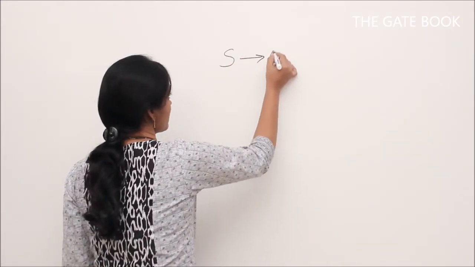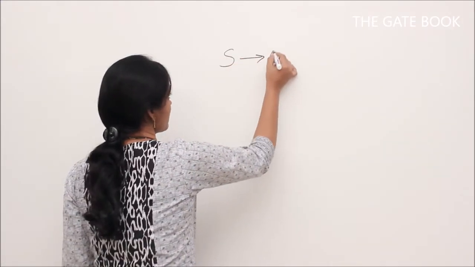First thing is we should add all terminal deriving productions. 0 and 1 are our terminal symbols. So what are all the productions? C derives 0 is one such production, B derives 1 is one such production, and P derives 0 is one production. So these three variables are deriving terminal symbols: C derives 0, B derives 1, P derives 0. Now we should check when these variables are coming on the right hand side. This is already added, this is already added.